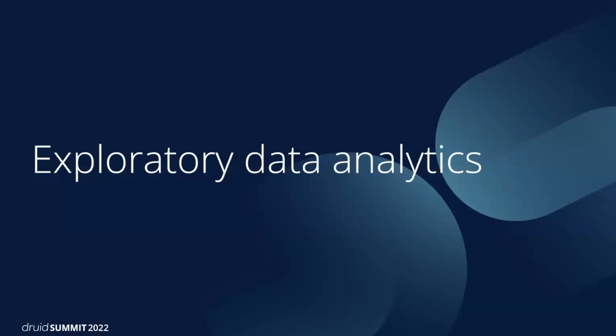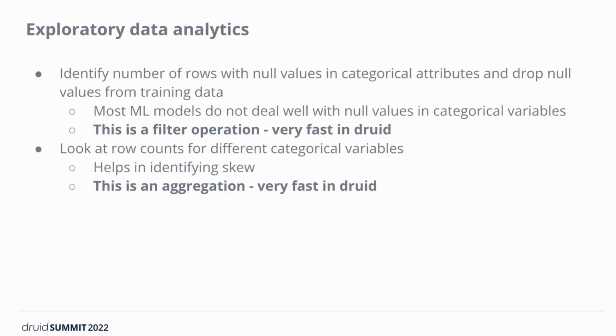So let's get into a little more detail on each of these three and how Druid helps. One of the things you often do in exploratory data analytics is identify the number of rows with null values in categorical attributes and drop the null values in training data. Why do this? It's because most machine learning models do not do well with null values. So it's a requirement to drop them because they don't actually help you in any useful way in making a